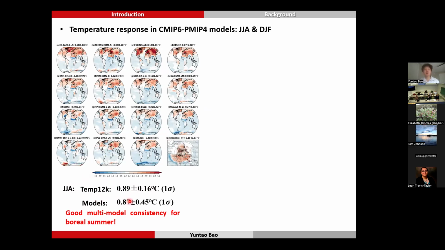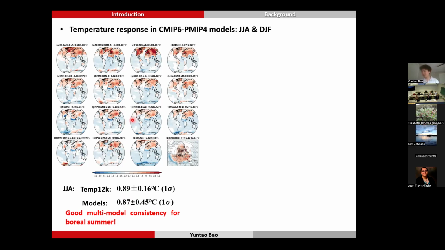Models are encouraging because they also simulate comparable warming in JJA, about 0.87. Their uncertainty is also smaller than the signals. So that's great. That tells us most climate models can simulate the boreal summer temperature very well,